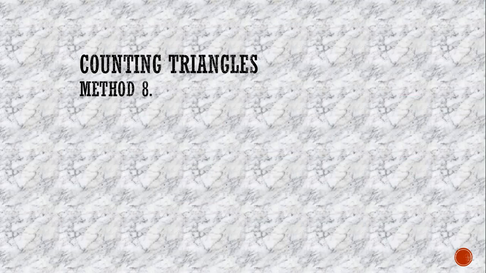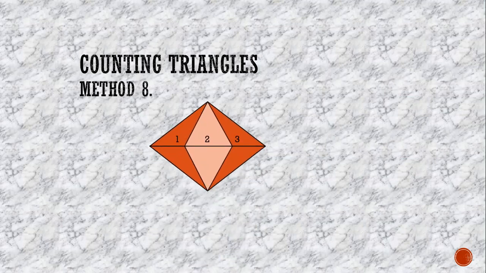Now we move to method 8. In this method we have a completely different figure. We have one triangle and a reflection of that triangle, and it makes a different figure. So now the upper triangle's base is divided into 3 parts, and we count the number of triangles in the upper triangle. 1 plus 2 plus 3 is equal to 6. So the number of triangles in the upper triangle is 6. We have the same triangle on the lower side, so we multiply 6 by 2 and we get the total number of triangles in this figure. 6 cross 2 is equal to 12.